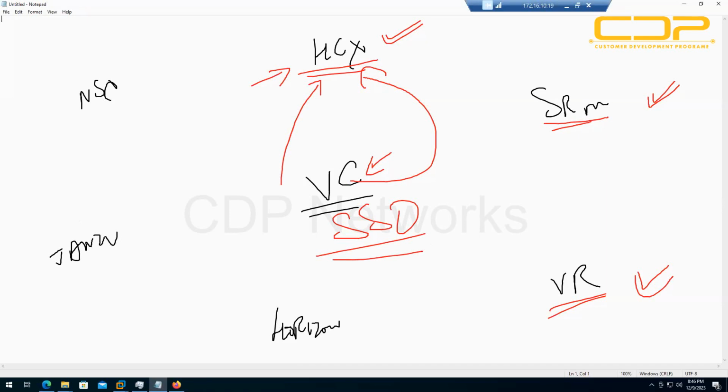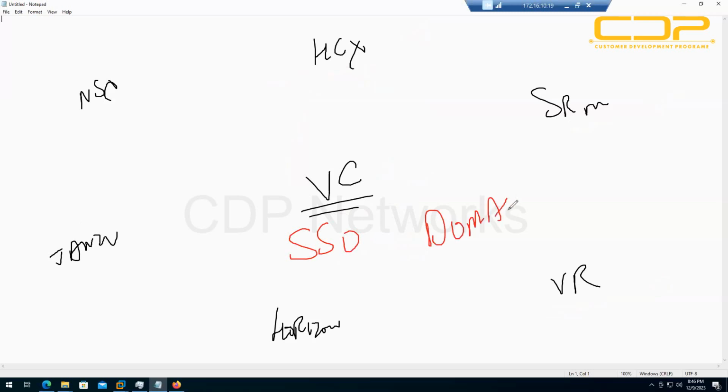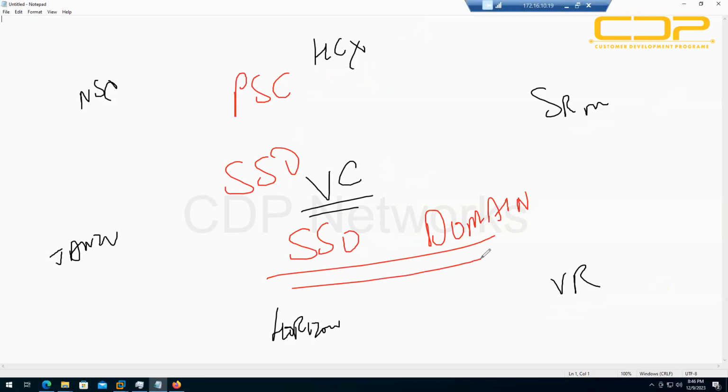Now, one last component that you have over here is basically called SSO domain. You know what PSC is. You know what SSO is. Now we need to talk about what SSO domain is. So basically what would happen is,